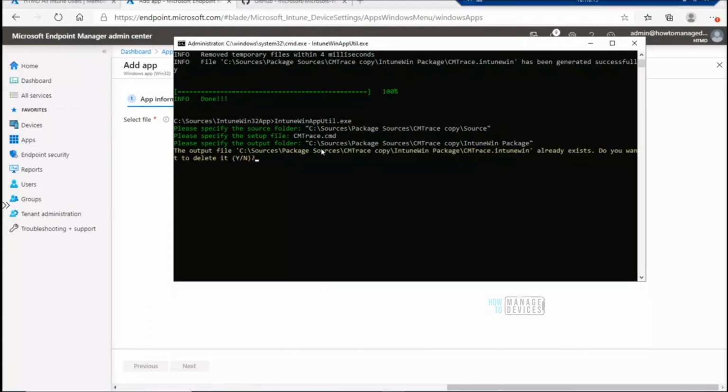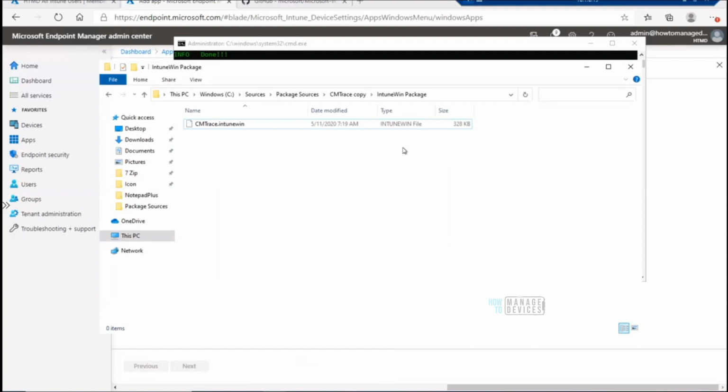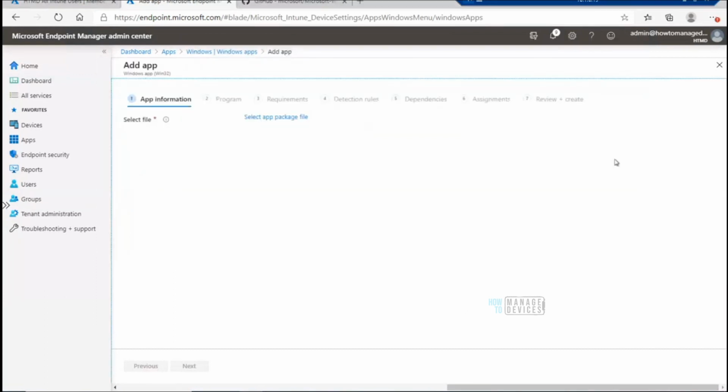It will say the file is already there, do we need to overwrite it? I will say yes, and I say no for the catalog. It created a new file, and the time is 7:19. Let me try that again from Intune.